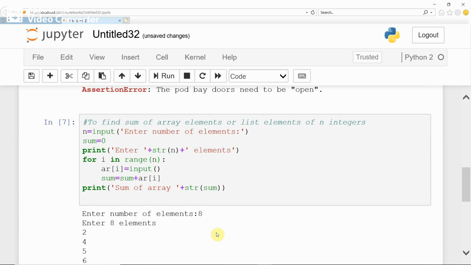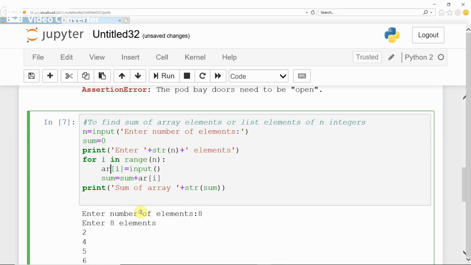It is because at the beginning you initialized 5 elements into AR. It was taking the upper limit as 5 elements. Whatever 5 elements you initialized in the array need to be cleared.